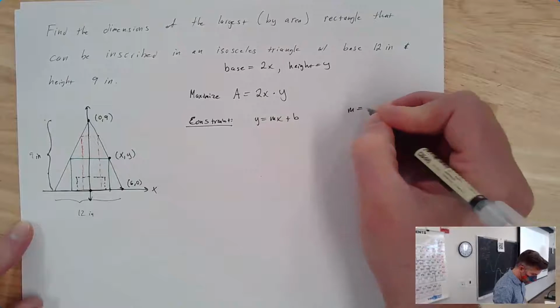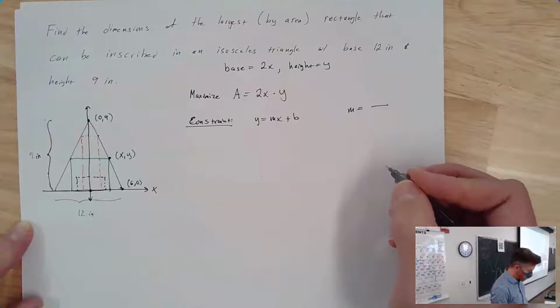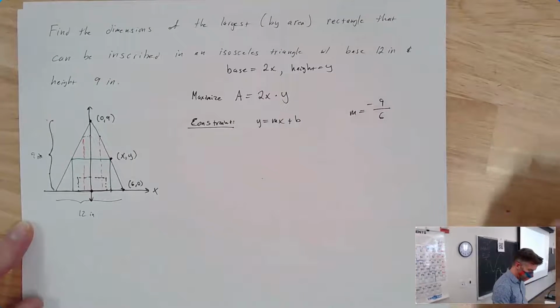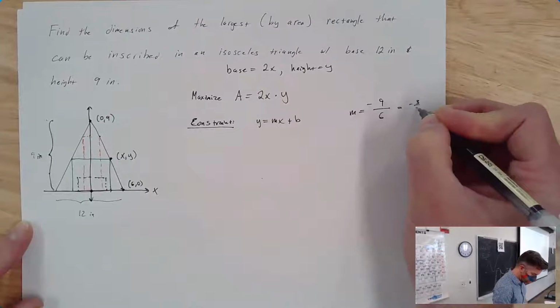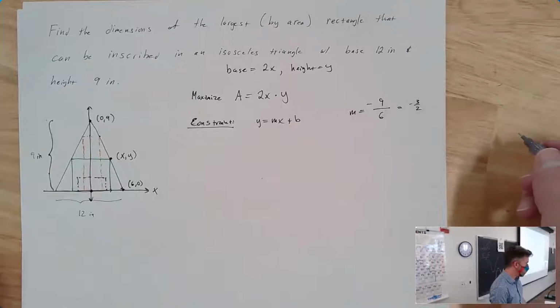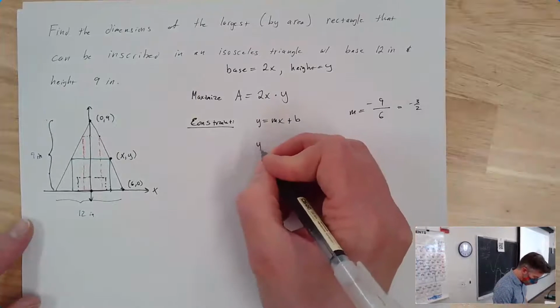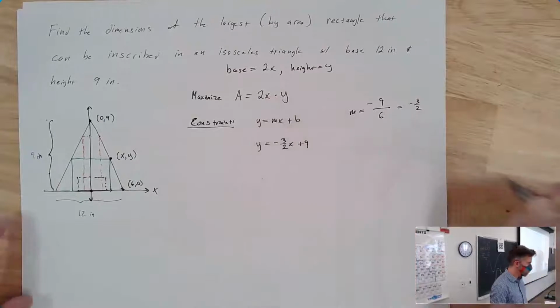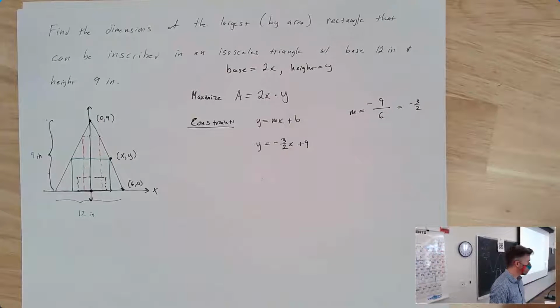So our slope is a rise of -9, a run of 6. -3/2. So our equation is y equals -3/2 x plus 9. This is why we set it up this way. This is why I drew the triangle so that the base was centered on the origin